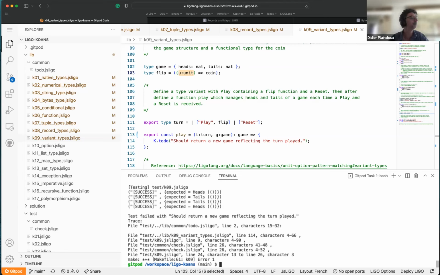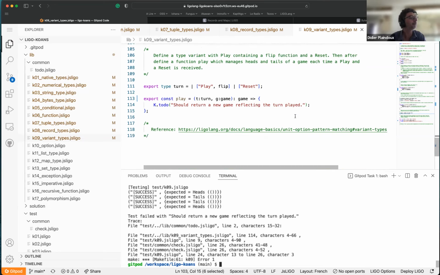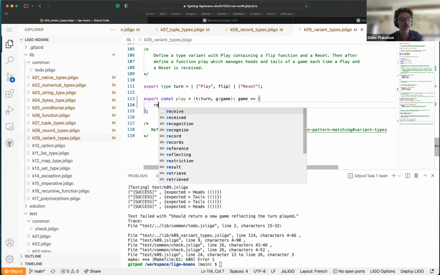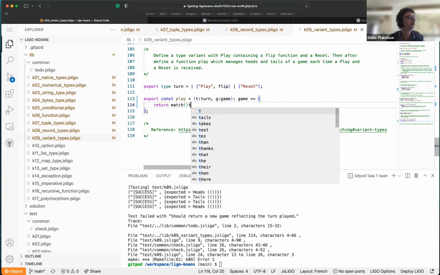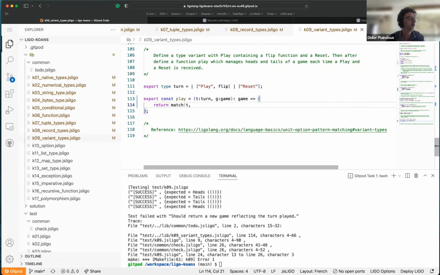So I'm going to just provide the solution because we are near the end right now. So the play, we have a turn and we have a game. First we are going to pattern match the turn to see what we are going to do first. So I'm going to do simply a match. The return type, as I already said, is not mandatory, but I added it in this case. So I would like to see the turn, and the turn can be